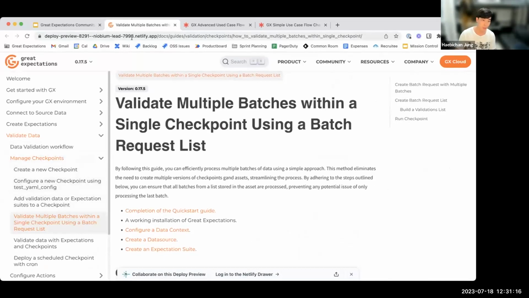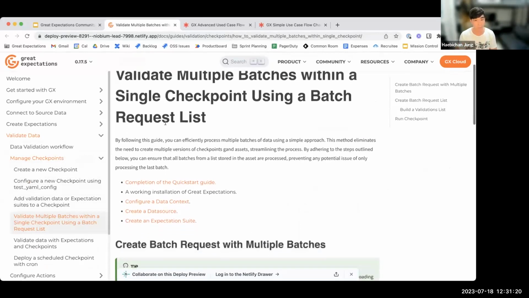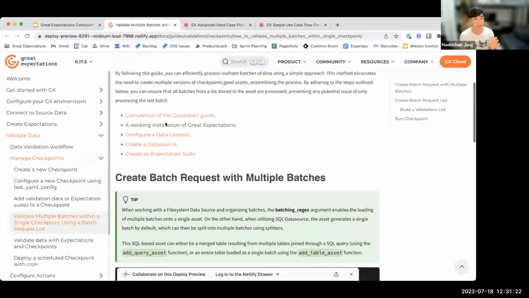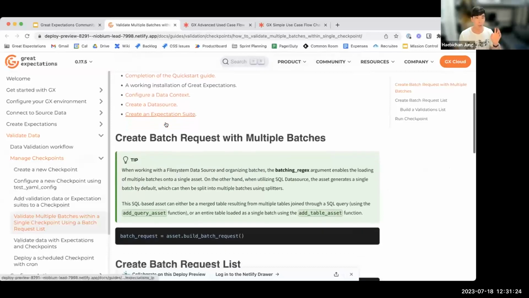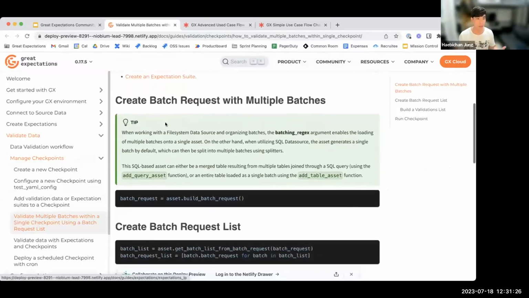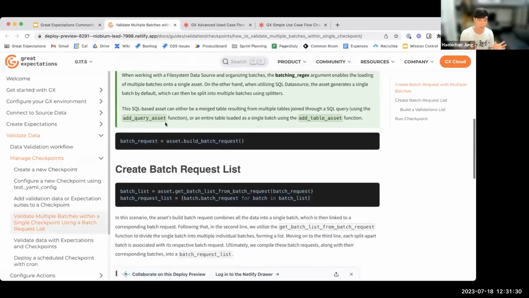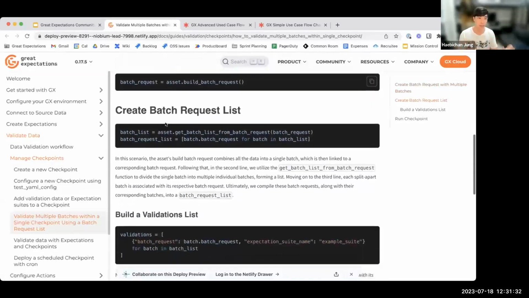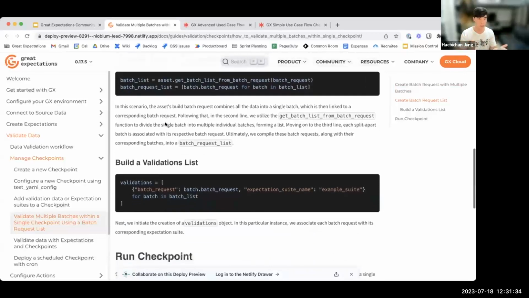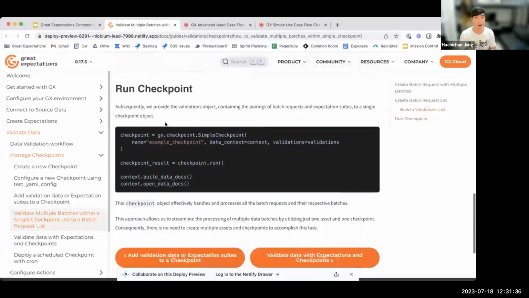We're going to try to merge this, but this is roughly what it's going to look like. This is going to be a document that shows you exactly what I've been talking about. What do you do when you have multiple batches of data, multiple CSVs, let's say, living in your local computer? How do you efficiently process this? Again, that's the problem. This is the solution that we're proposing right here.